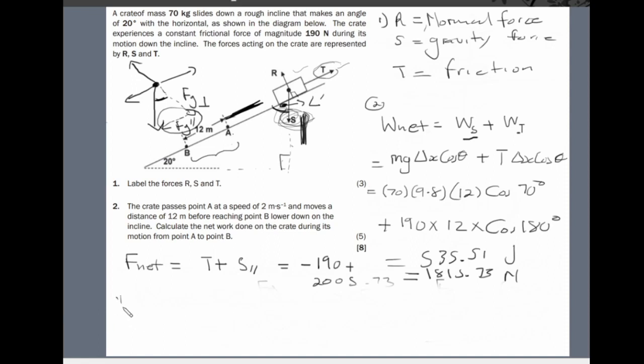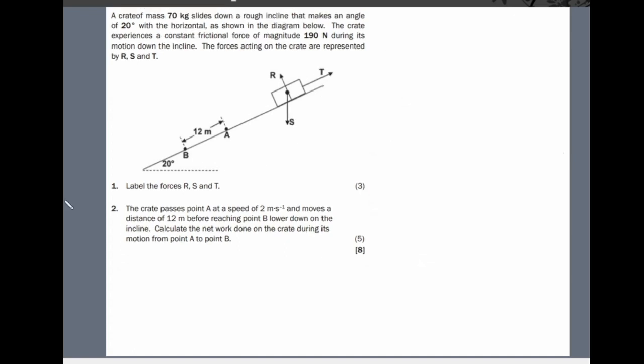Now the work done by the net force is F net delta x cos theta. So it will be 1815.75 times 12 times cos 0, right? This is not right. Okay, so